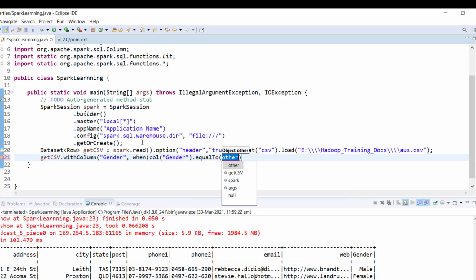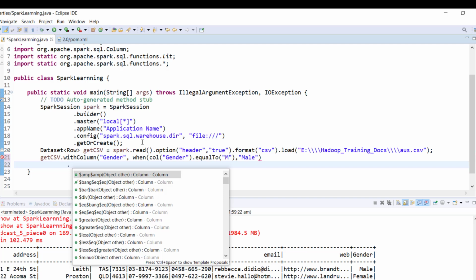Whenever the gender is M, then what you need to do, make the value as male,